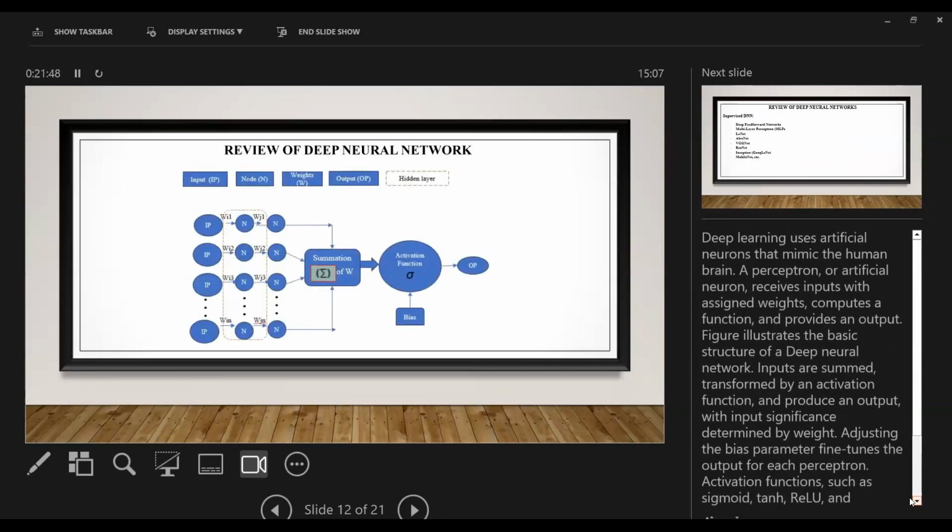And now we review deep neural networks. So over here in the block diagram, you can see the input layer, nodes, weights, and output layer.